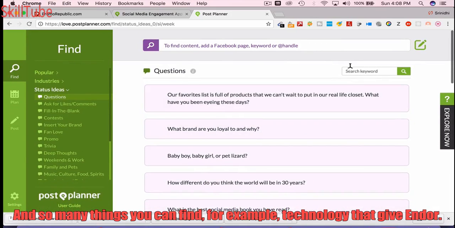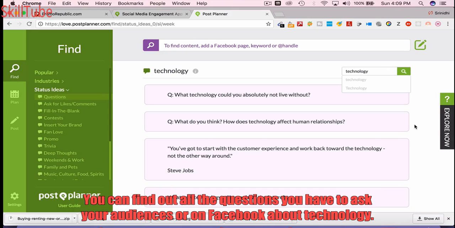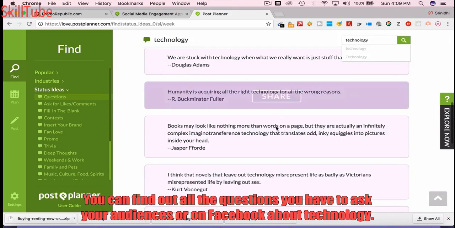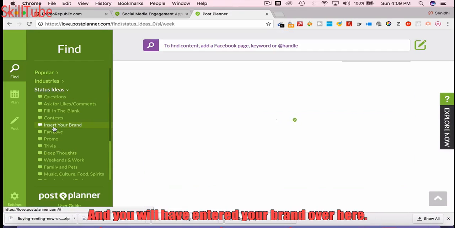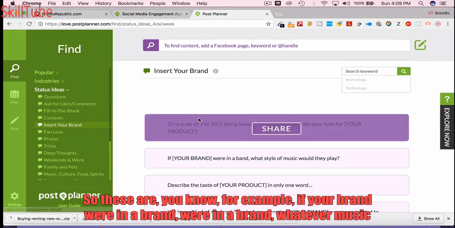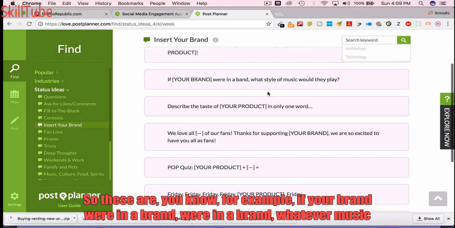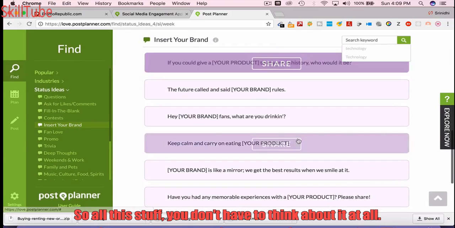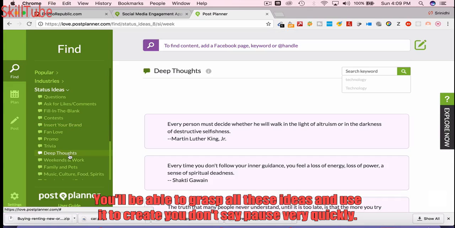For example, technology. After that, give enter. You can find out all the questions you have to ask your audiences on Quora or on Facebook about technology, right? And you'll have to insert your brand over here. For example, if your brand were in a band, what style of music would they play? All this stuff, you don't have to think about it at all. You'll be able to grasp all these